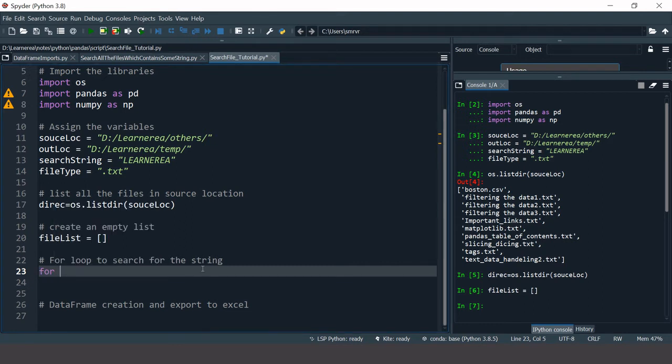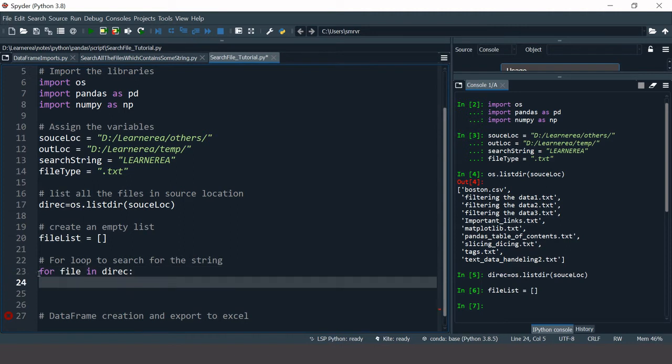So I will say for file, you can say anything, you can say x, y, anything, in direct, because direct is the list which stores these values. For file in direct, sorry, there was a spelling error.